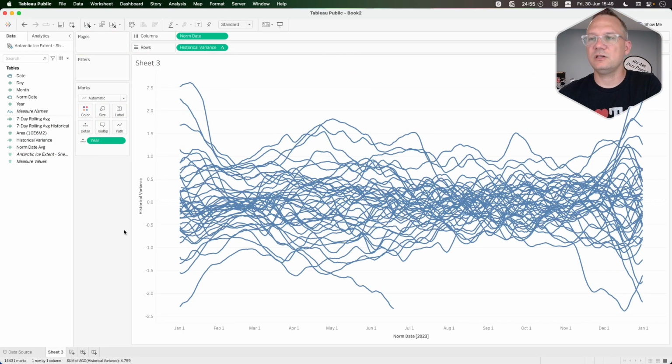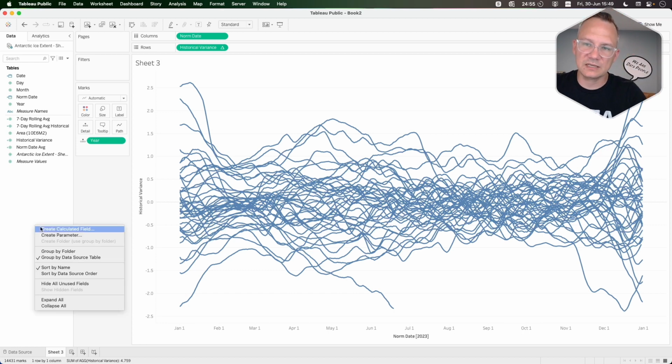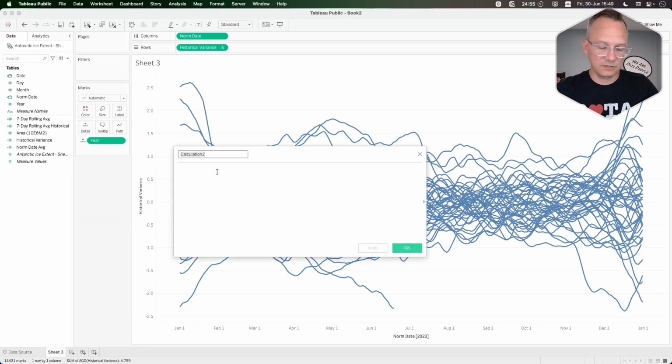So the next thing we need to do is create our decades. There are a couple different ways that you can do this. There are multiple ways to calculate decades, right? This is the way that I do it. You can do it differently, however you want. But we want all of the decades except for 2023. So we're going to show if